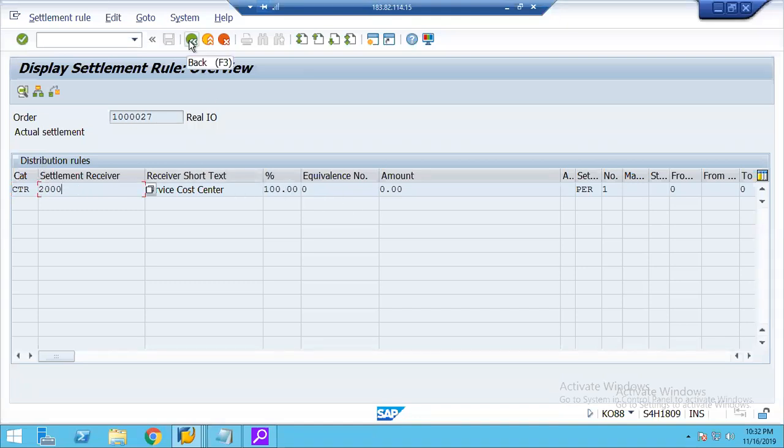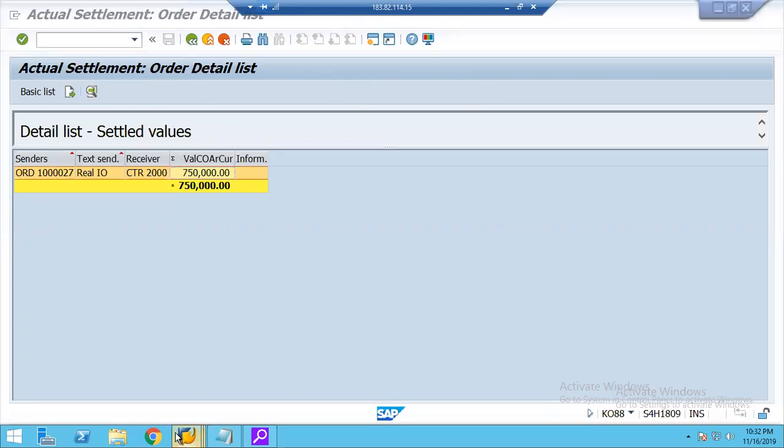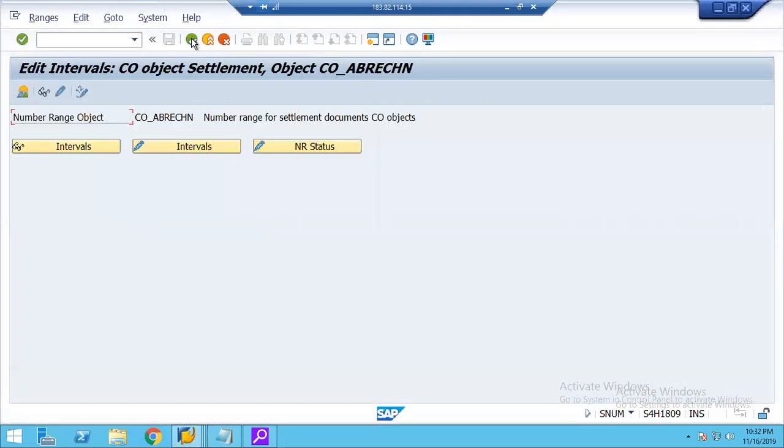Nanda, this settles based on the settlement rule or the allocation structure. The allocation structure is for the receiver object. See, what are you mentioning over there in the allocation structure? We are keeping the allocation structure. It happens based on the